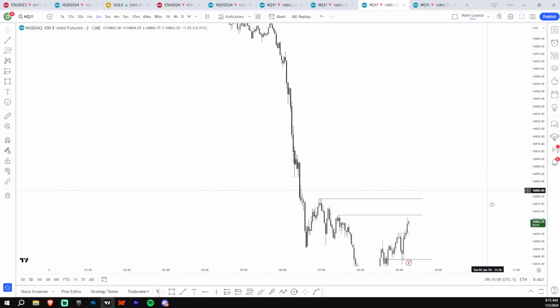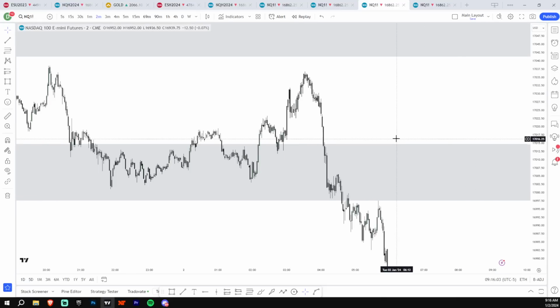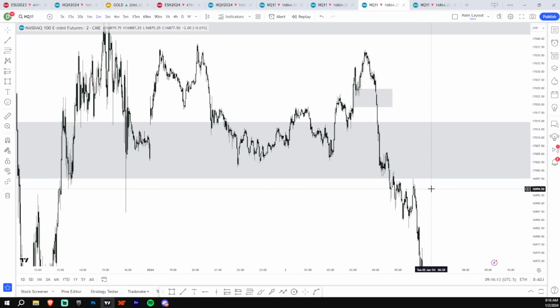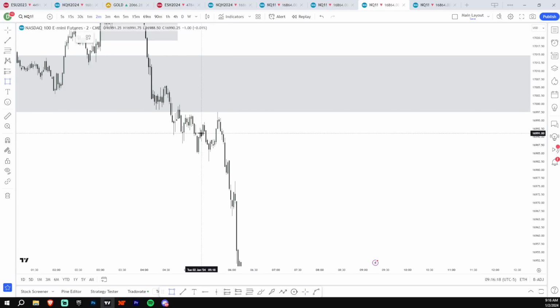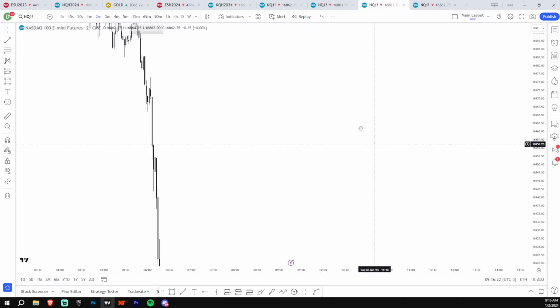I just really wish we were like up here. If we were up here and we had opened, that would have been insane. Like the short setup was right here, right? Because we never hit that internal low when we got it. Like this was the short setup, but obviously it didn't give it to us. It gave it to us overnight, so not a live one. This was another short setup here, too. So I'll go over that in a second.